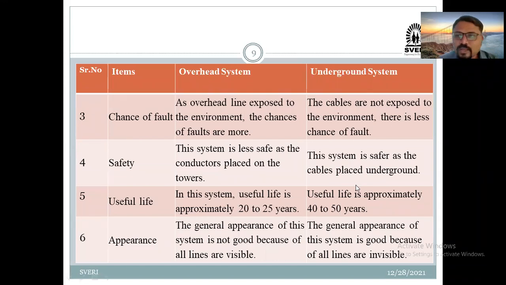Okay, so as far as safety is concerned, the overhead system is less safe